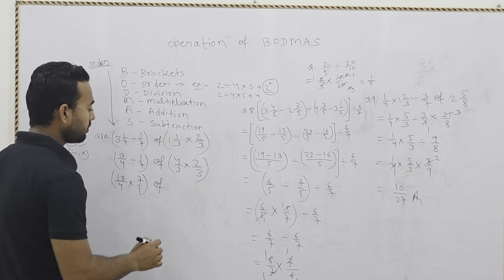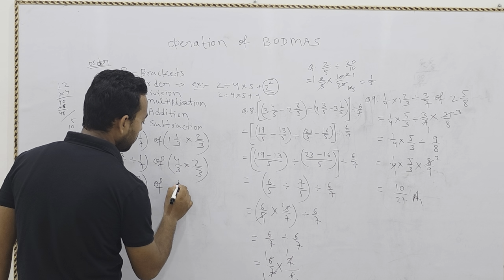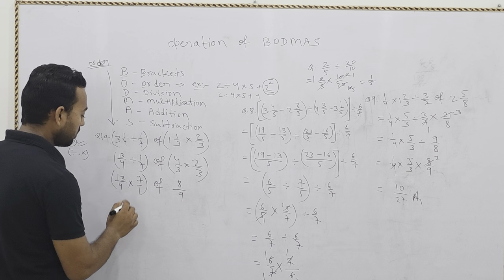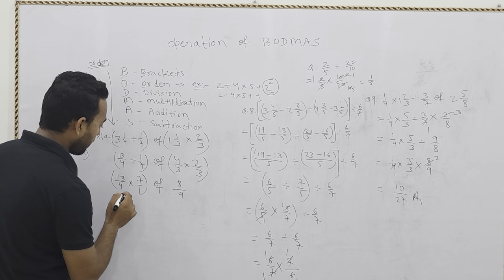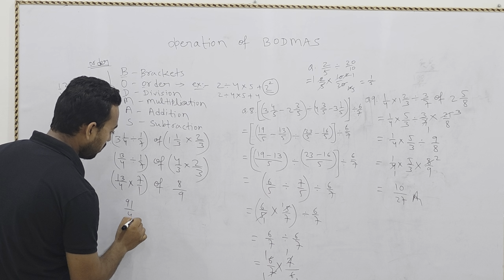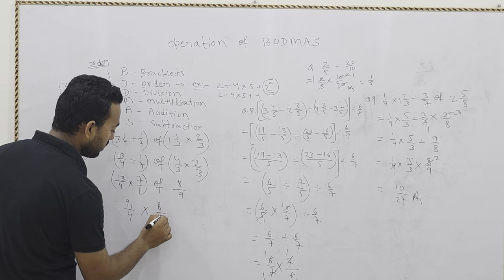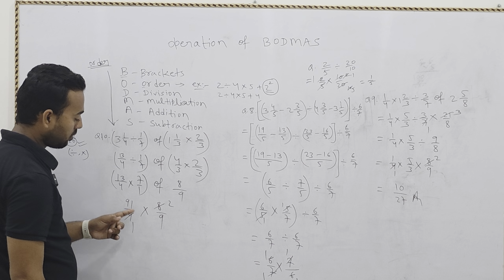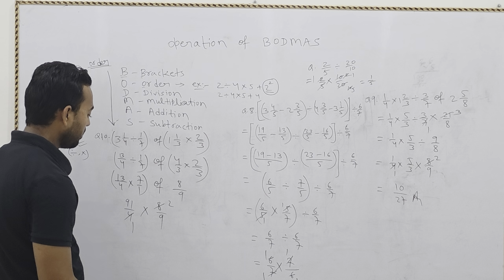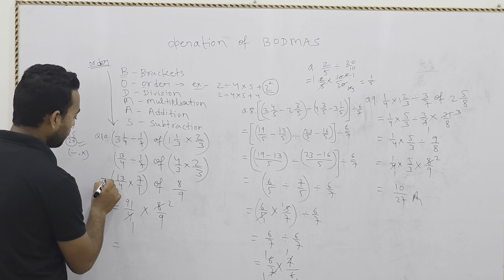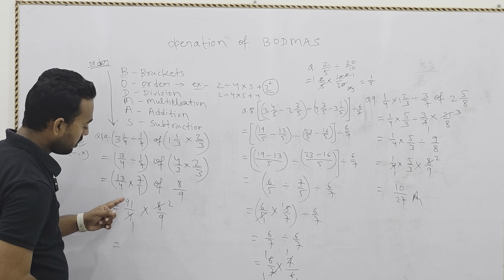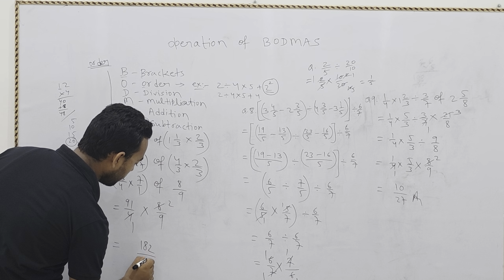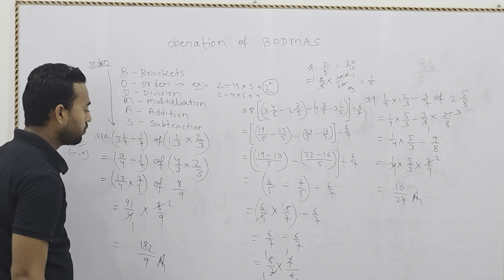Of. Here nothing will be cut, so multiply 4 to the 8 by 9, and here also it will not cut, so 13 times 7 is 91 by 4. Of means multiply, then 8 by 9. Again 4 times 4 in the table, once, and 2 times, and it will not cut by any table. So simply we will multiply. Here don't forget to give equal to. 91 multiply 2 is 182 by 9. So this will be the correct answer for this question.